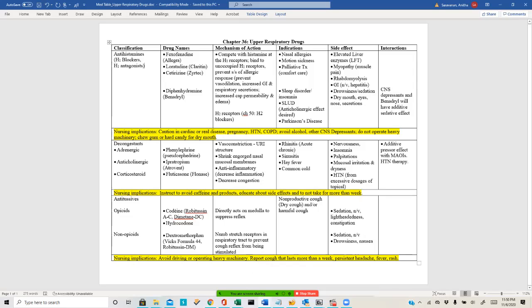That's how it works, especially codeine, not as much like hydrocodone. I think codeine is one of the really potent ones. So with Robitussin and Dimetapp over the counter, it's useful. So the side effects, right? So that's all you need to know about opioids. Non-opioids like dextromethorphan, which is available in like a